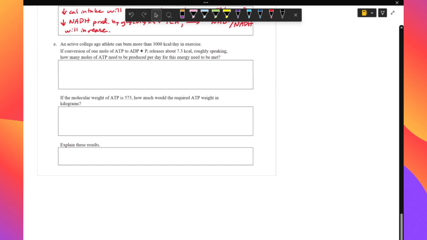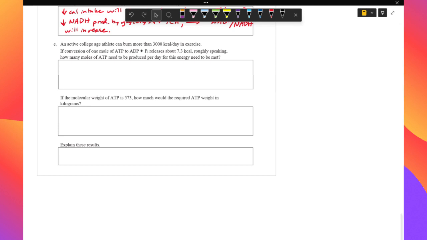E, an active college-age athlete can burn more than 3,000 kilocalories per day in exercise. If conversion of 1 mole of ATP to ADP plus inorganic phosphate releases about 7.3 kilocalories, roughly speaking, how many moles of ATP need to be produced per day for this energy need to be met? All right, so we can look at this purely mathematically, fairly simply. So we have a need of 3,000 kcals per day. We divide that by 7.3